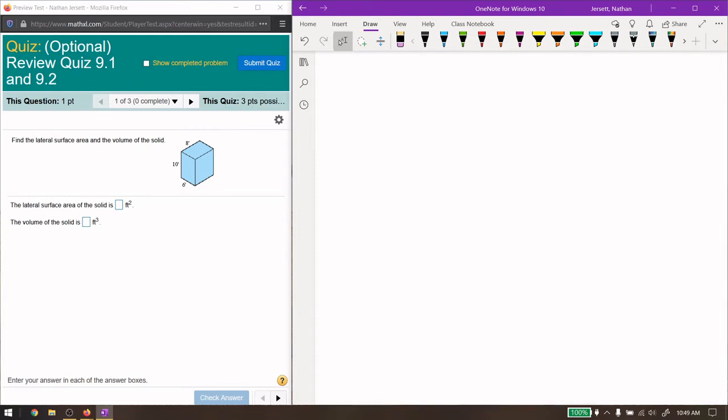All right, here we have lateral surface area, which is just the surface area around the side of it, and the volume of the solid. So the lateral surface area is something that you don't really need to worry about. Lateral surface area is just kind of,